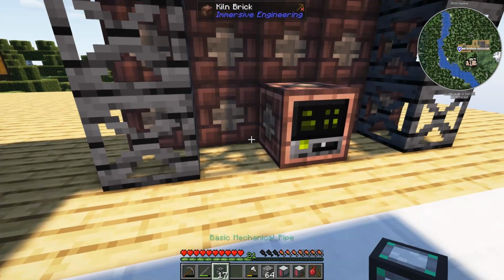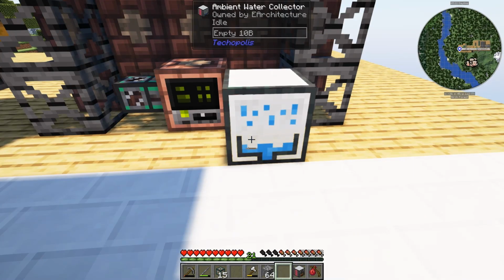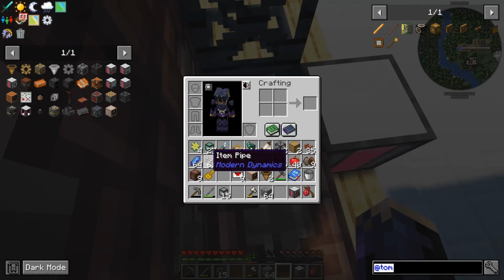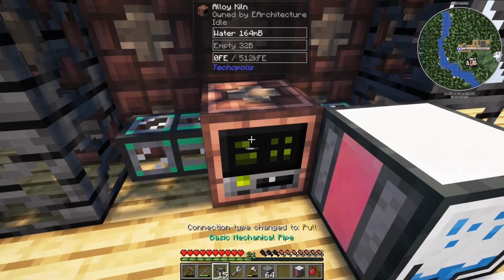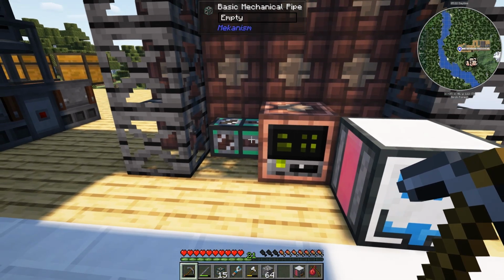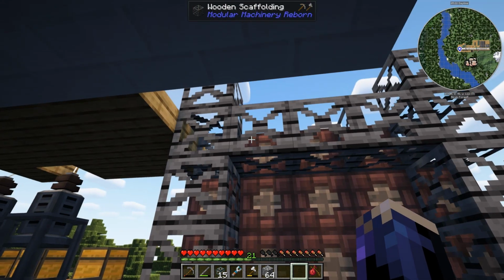All right, so this thing needs to get in water and lava. So water is easy enough because we can just throw an ambient water collector on this. And then once we use our configurator, that should just start pulling into this thing. So that should be going into that tank. It is. Okay, great. The slightly harder one is going to be lava, but we can use a cobblestone melter